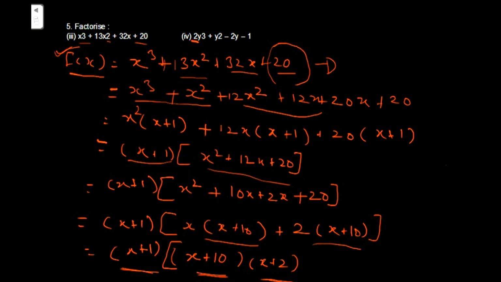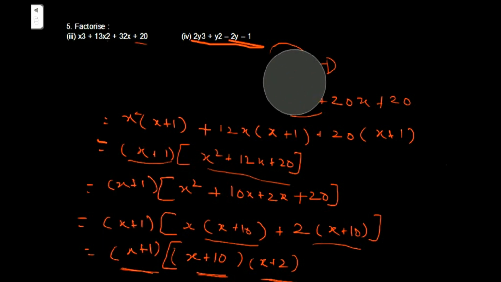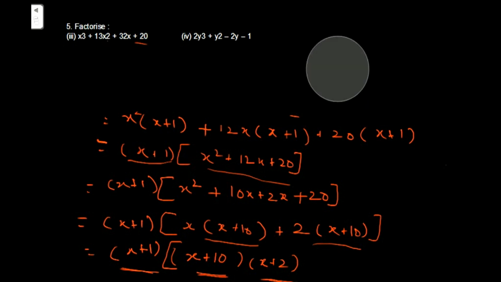Similarly, the same method can be applied with this. Firstly, you will try to find a linear polynomial. Then you will be left with a quadratic polynomial. That quadratic polynomial can be further factorized by using splitting the middle term, or you can move on by following the factor theorem, whichever you like. But you have to always keep in mind that when you apply the factor theorem, you have to find the value of a.